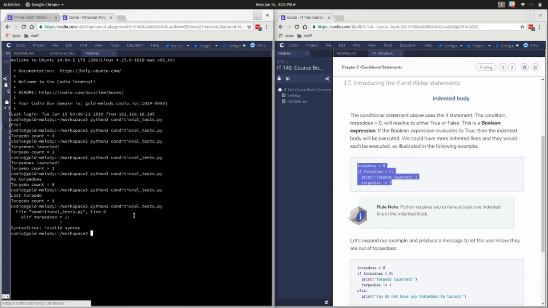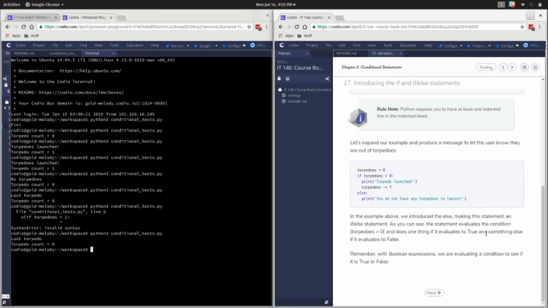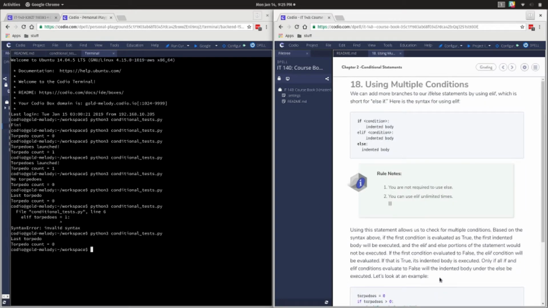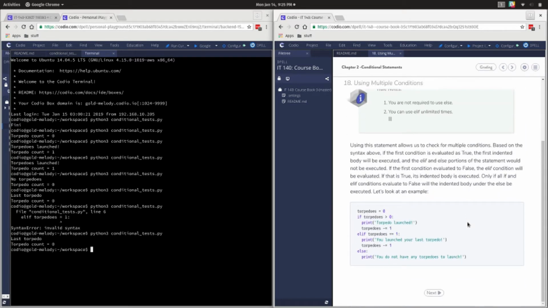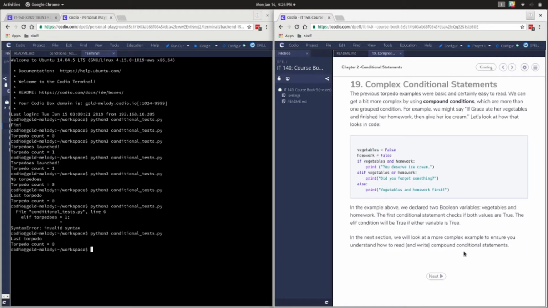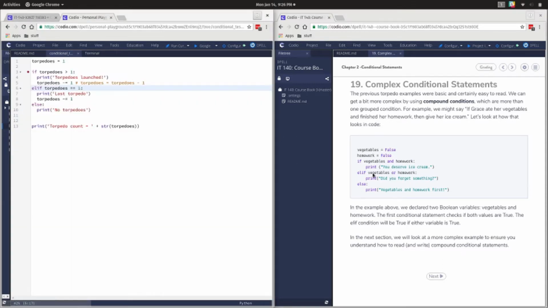But yeah, so we fixed it up. Go back, run it again. We're back to having a running program. So those are conditionals. Again, all conditionals are true or false. That's pretty much the example we just looked through right there. You can make complex conditionals, such as this example right here,